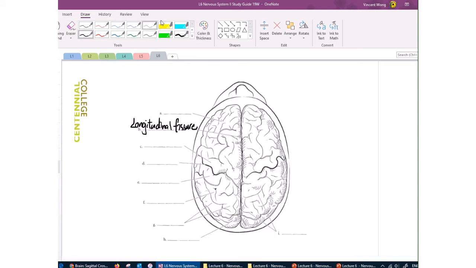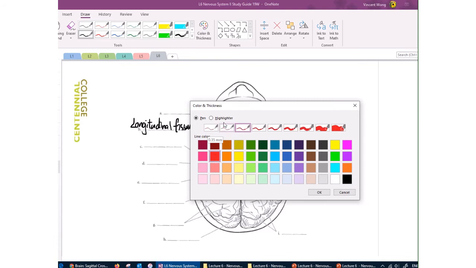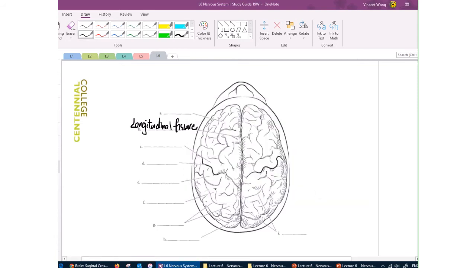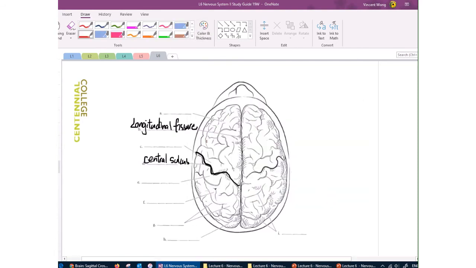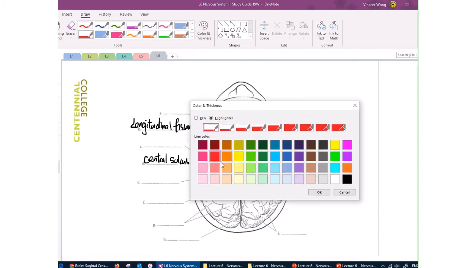Okay, and so you can see that over here there is the central sulcus. The central sulcus will divide the frontal lobe from the parietal lobe, right? Just like what we said in the previous diagram. So I'm going to shade in the frontal lobe for you. Okay, so you can see the frontal lobe, and at the back of the frontal lobe,